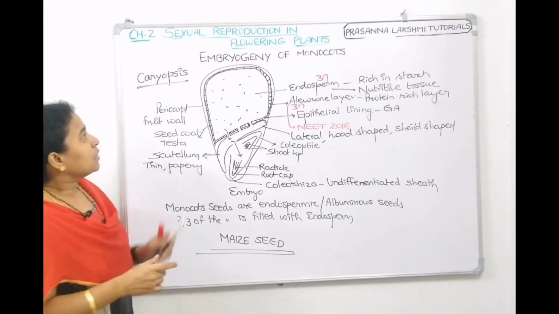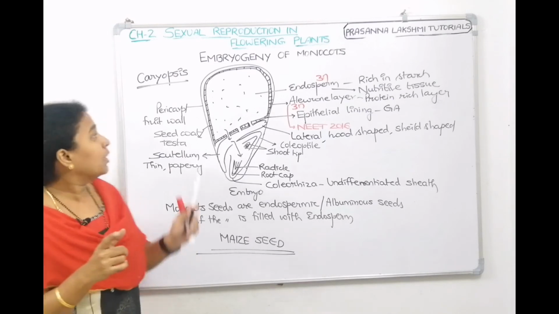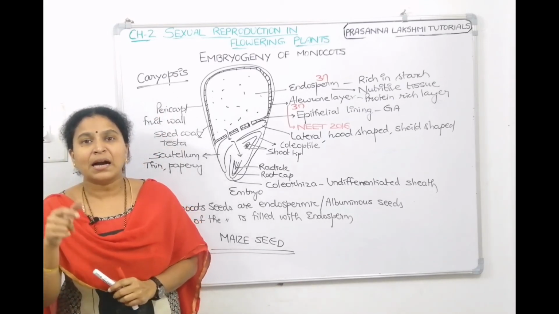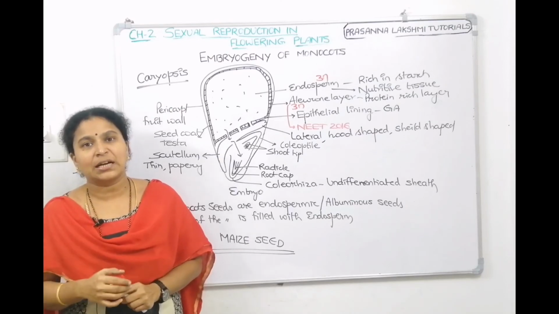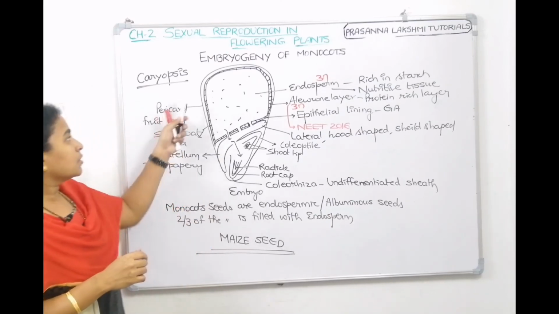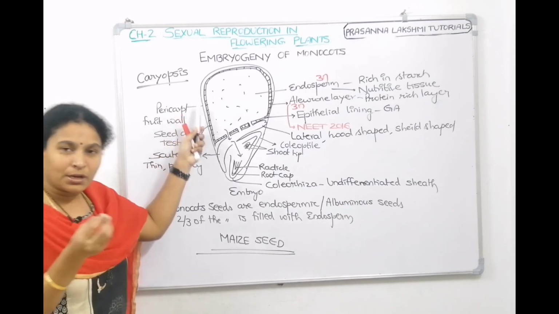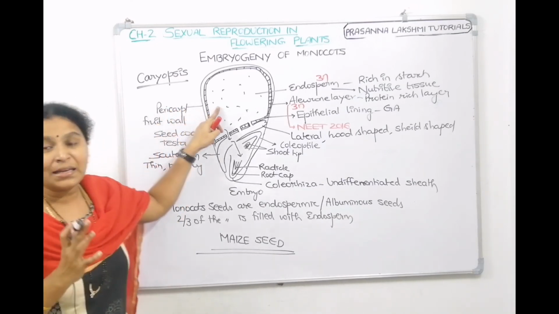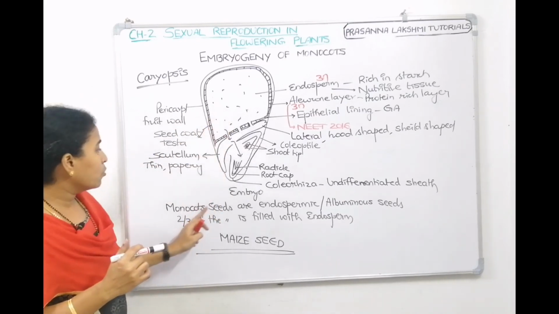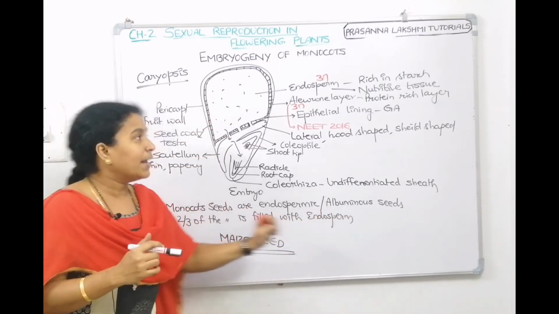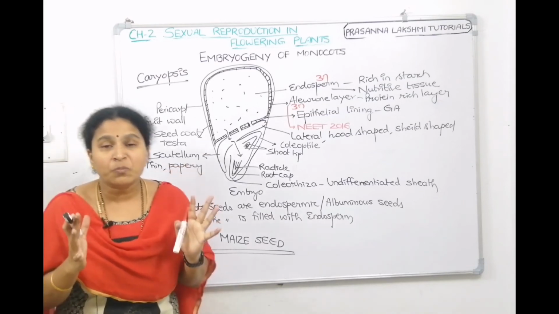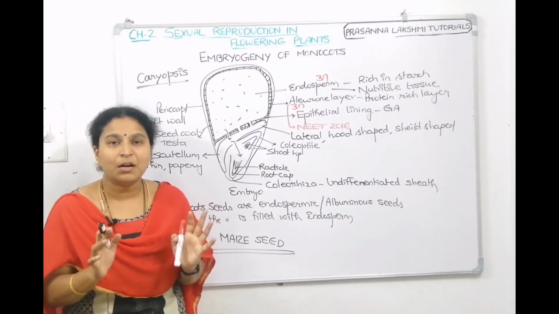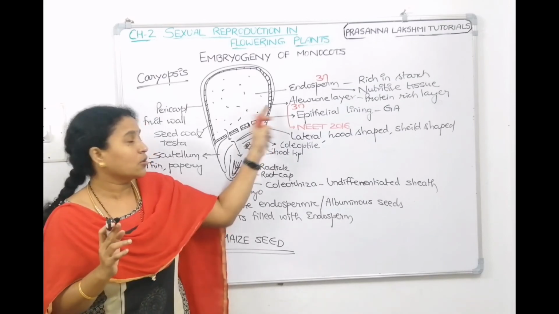So, it belongs to which type of fruit? It belongs to caryopsis. What is caryopsis? The fruit wall, pericarp, fuses with the seed coat, testa. It is undifferentiated. Here is the fruit wall to which the seed coat has also fused. And what is this? Bulky endosperm. That is why we say monocot seeds are albuminous seeds or endospermic seeds. The endosperm is rich in starch granules and is covered by a protein-rich layer called the aleurone layer.